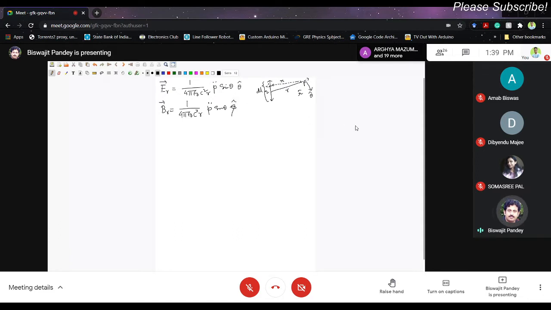So you can understand the electric field and magnetic field due to the oscillating dipole at this location. The electric field is pointed towards theta, which is orthogonal to r, and the magnetic field is pointed towards you from this blackboard, perpendicular to the screen. So E and B are mutually orthogonal to each other. And if we calculate the Poynting vector due to these terms, the radiation Poynting vector is simply 1 over mu 0, E cross B.